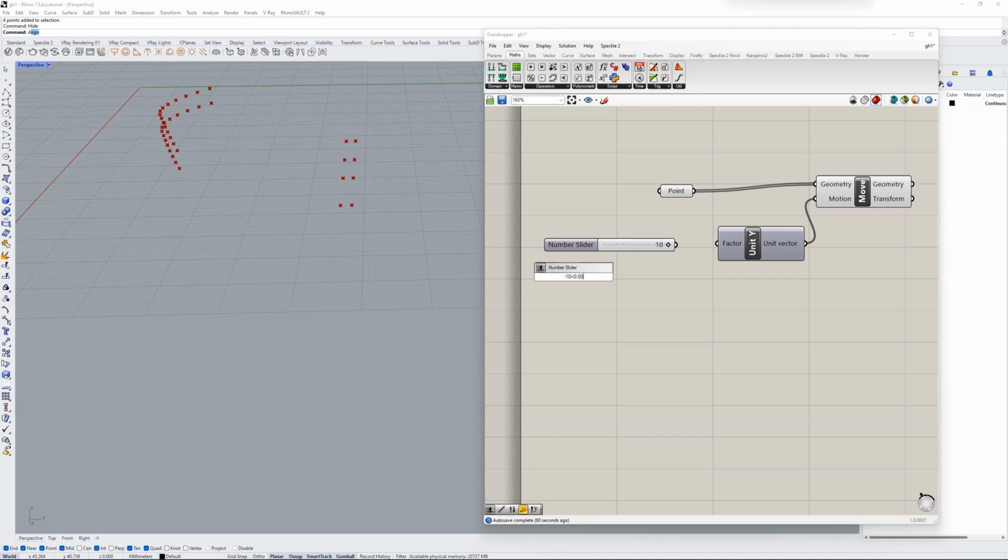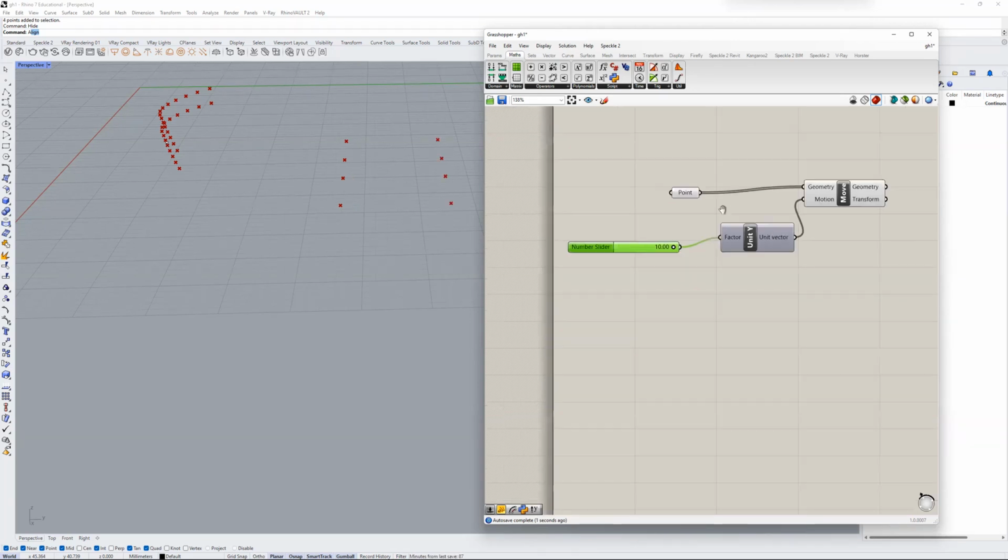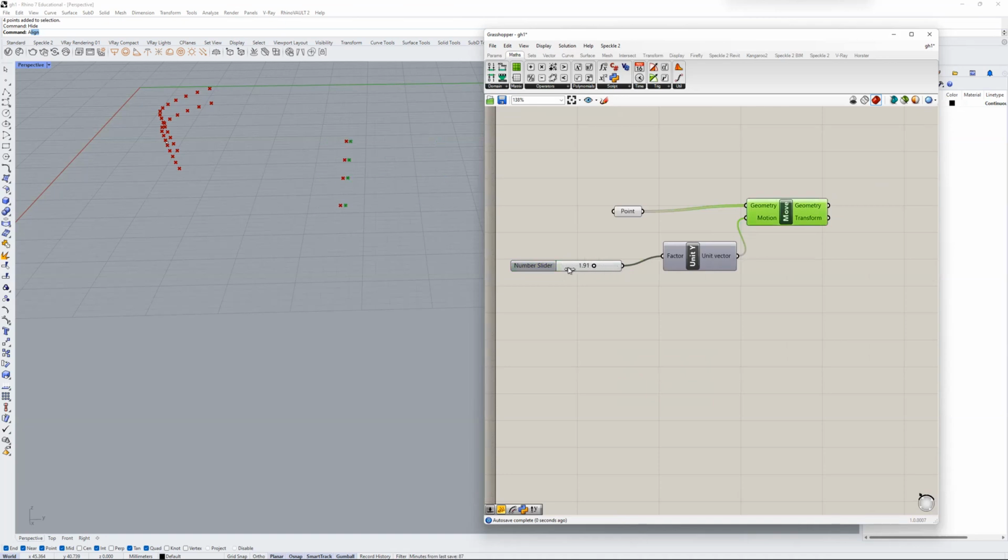Then I'm going to add another less than sign, and this is going to be my maximum range. Since I said I wanted a slider between negative 10 and 10, this value will be my maximum, 10. Once I hit OK, you'll see that this number slider has 2 decimal points and it goes from negative 10 to 10. Awesome. So we're going to connect it to this. And now if we move this slider, we'll see that